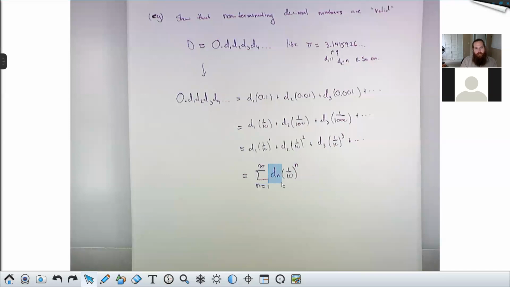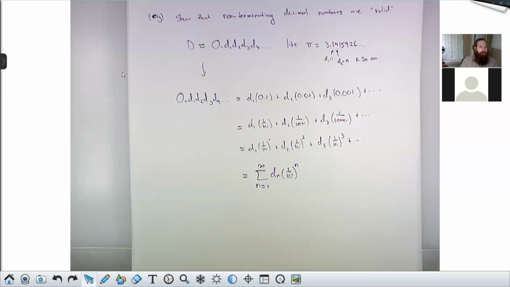In particular, what can you say about the dn's? It's not geometric. If dn was a constant, then this would be geometric. But these dn's are not constant, right? Like in pi, the dn's go 1, 4, 1, 5, 9, 2, 6. So I can't pop this guy out. But there is something I can